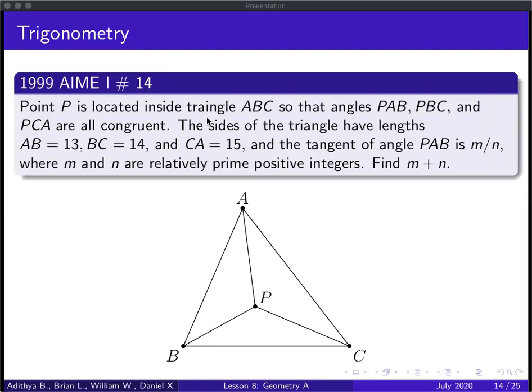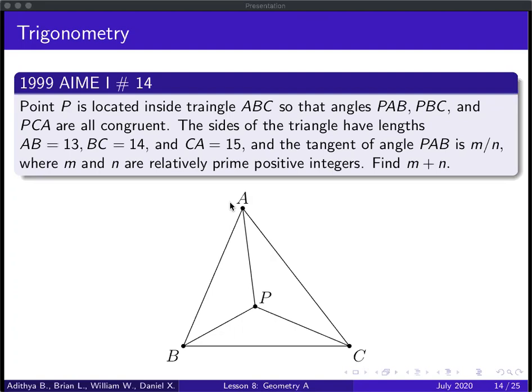So does anyone have any ideas for how to begin here? Yeah, so we have these equal angles here, PAB, PBC, and PCA. And so if we just let it equal theta, then we also know that